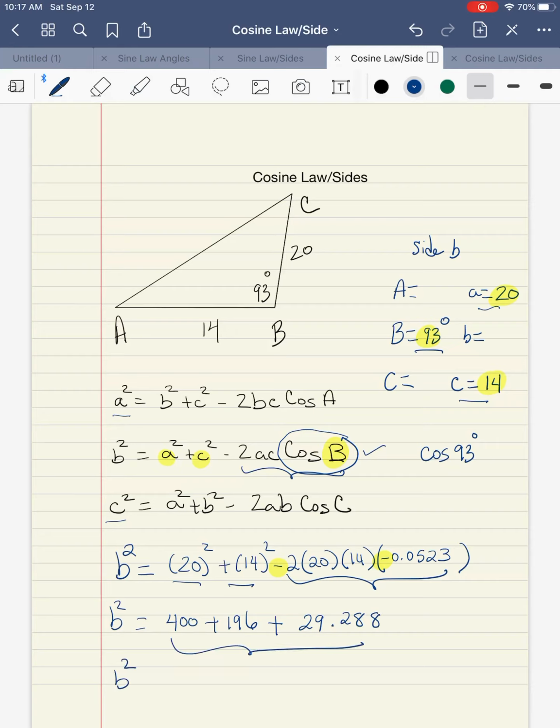And now we're going to add up all that. And again, it's about 625.288. And again, you decide how many decimal places works for you. And now that's B squared, so we're awfully close. So we're going to take the square root there. 625.288, taking the square root. So when we do that, it comes out to about 25.005, so we can round that to 25. So again, that is how you use the cosine law to calculate